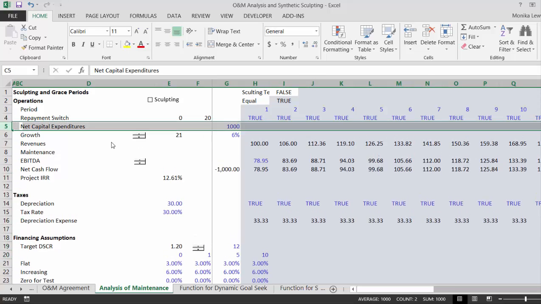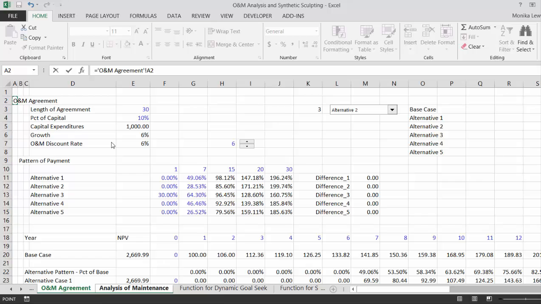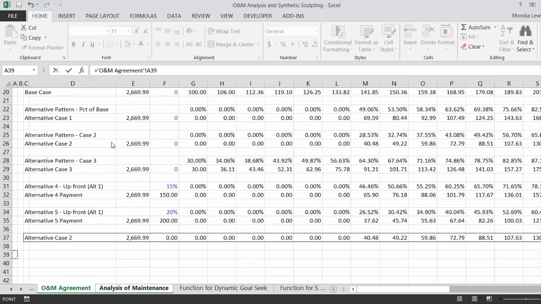Let's put gross capital expenditures, base, and let's just put our 1,000. We'll of course have to put this, and then we'll add the O&M expenses that we have. So I'll call this